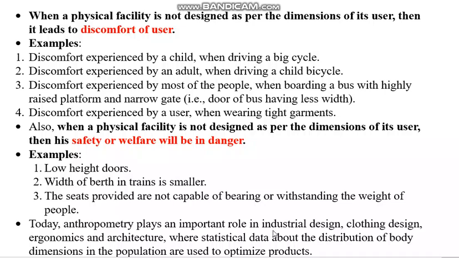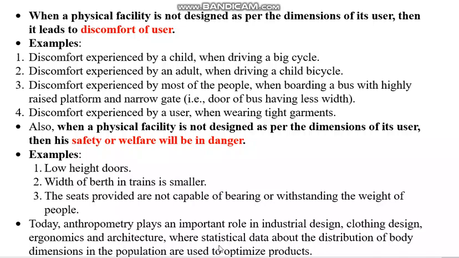It is necessary to design as a joint system, man and machine put together. You don't just design a machine and leave it, and afterwards find that there is no right person to operate that machine. So anthropometry plays an important role in industrial design, in clothing design, in ergonomics and